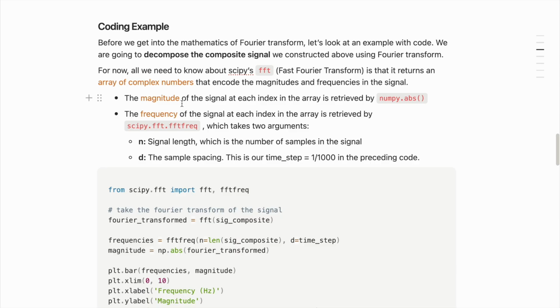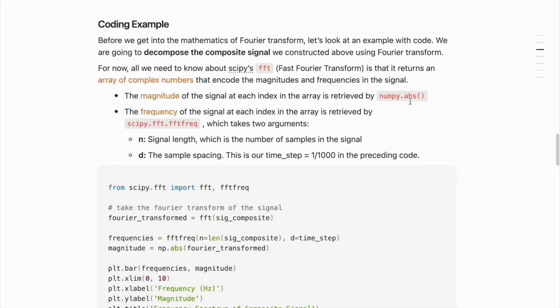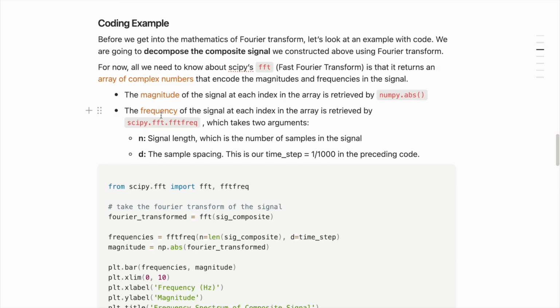The magnitude of the signal at each index in this array can be retrieved by simply taking the absolute value of that particular Fourier coefficient, and the frequency for each coefficient can be retrieved by using this SciPy function, which